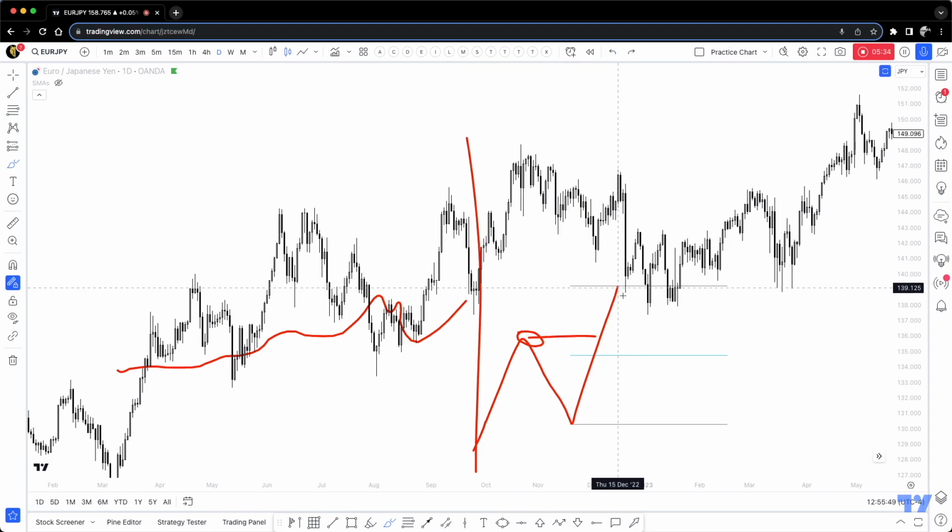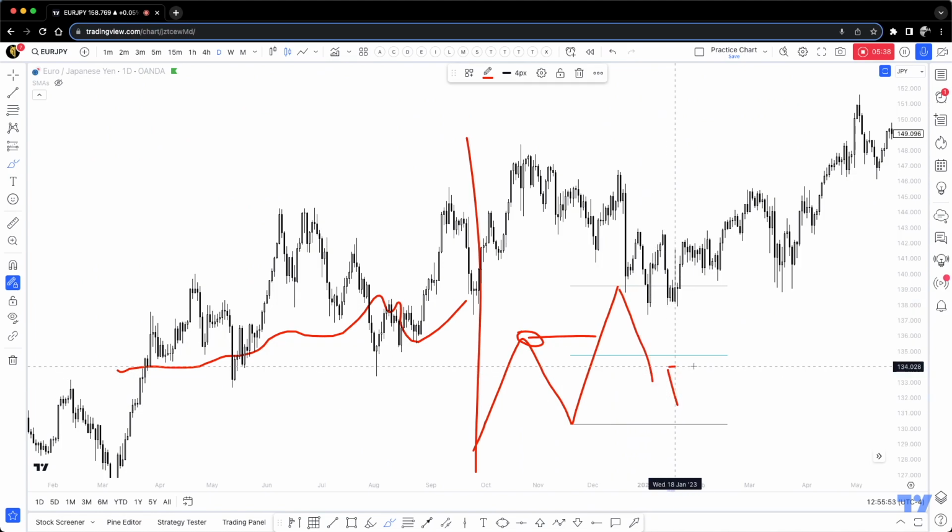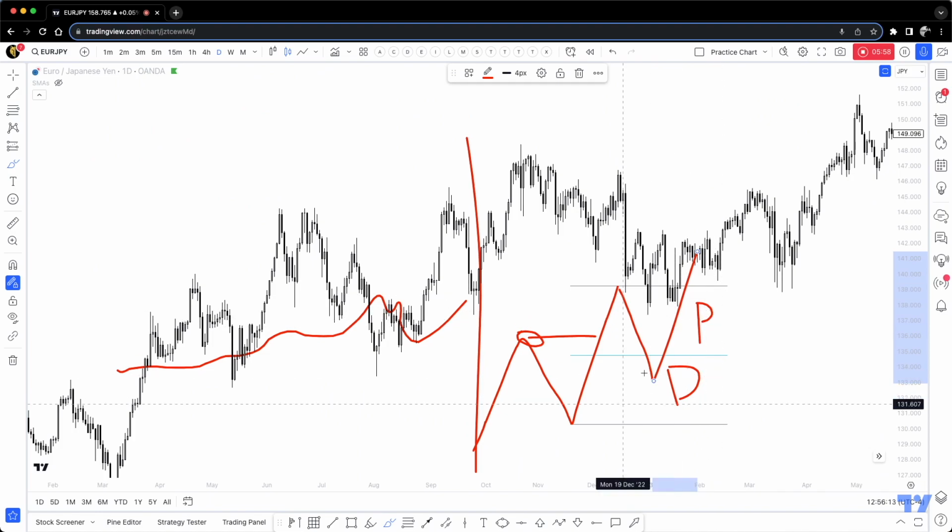So what we do is just wait for the price to be at the discount in order to go buying. As simple as that. This is the premium. Anything above the 50% on the Fibonacci is premium, and anything below the 50% on the Fibonacci is the discount. So we buy low, we sell when the price is high. I'll explain that. But we buy when price is cheap.